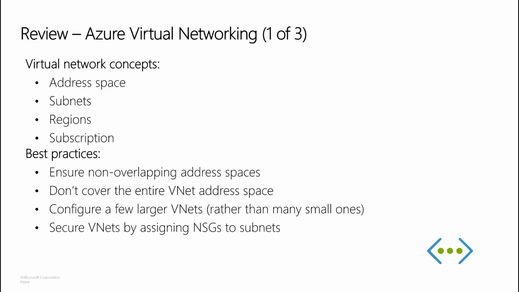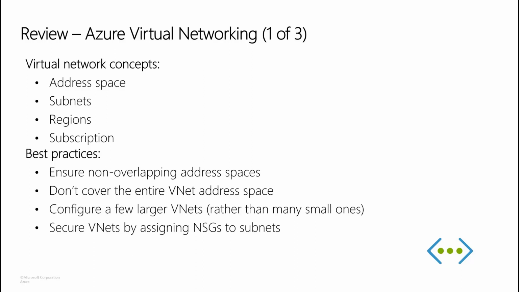You can secure resources within subnets using network security group. Regions: a VNet is scoped to a single region or location. However, multiple virtual networks from different regions can be connected together using a global VNet peering. Subscription: a VNet is scoped to a subscription. You can implement multiple virtual networks within each subscription and Azure region. And now Azure offers a cross subscription VNet peering. That means you can peer a VNet from one subscription to another VNet in another subscription. Going forward, we will talk about the best practices.